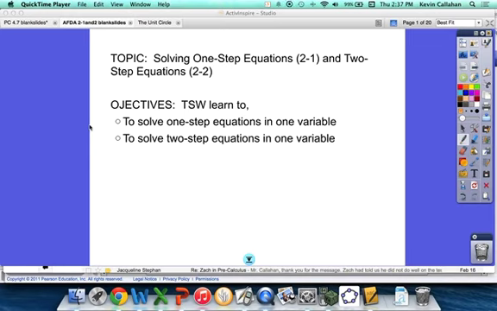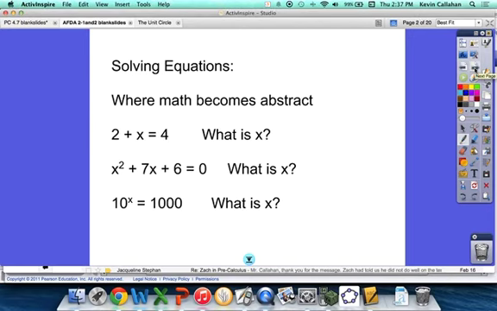Okay, this lesson, which you may be seeing without me here, should not be that tough for you anyways. I'm sure most of you think that you understand this stuff pretty well, but somewhere down the road of solving equations, most of you kind of stop being able to do them very well. So we're going to go back and we're going to work on this from the beginning until we get it right. So in solving equations